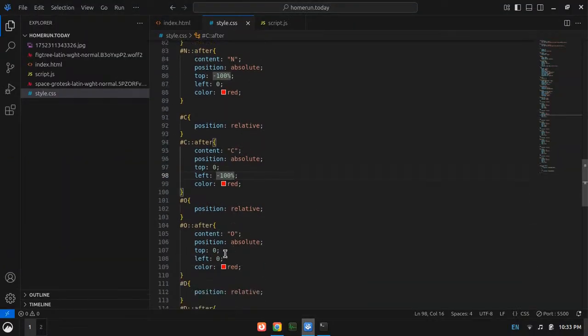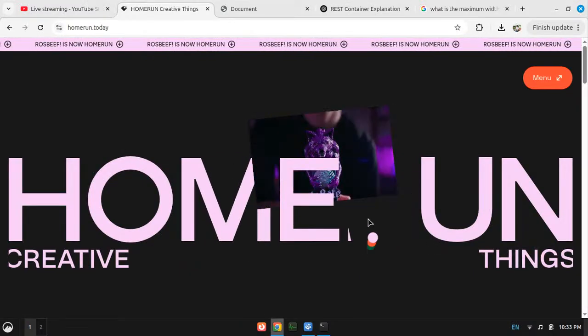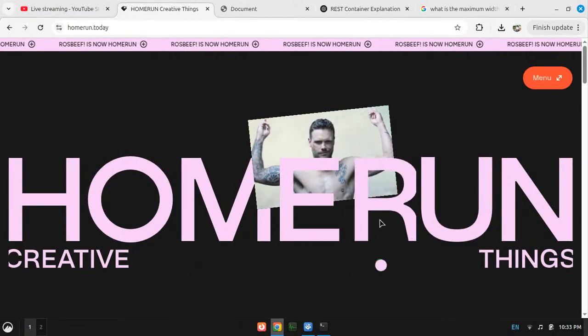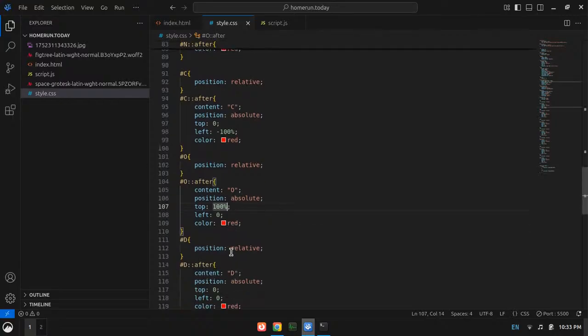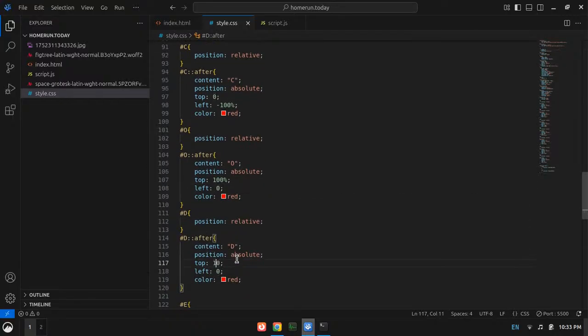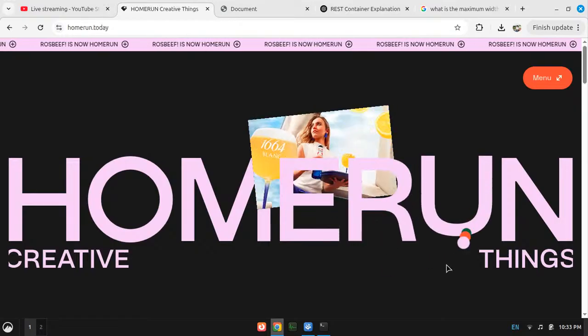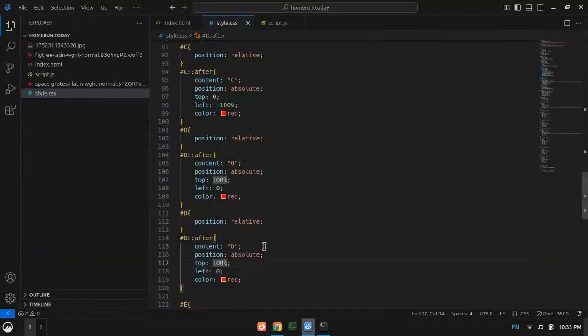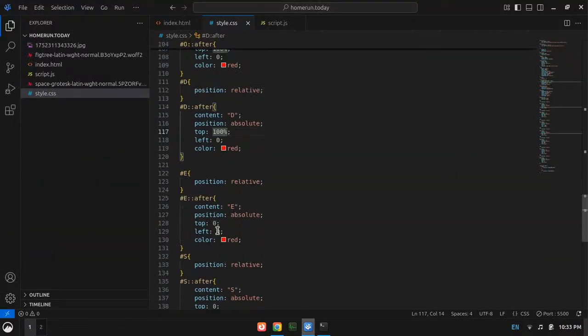Then it comes from the right again, so I'll use left 100%. And then it comes from the top, so it will be top negative 100%.